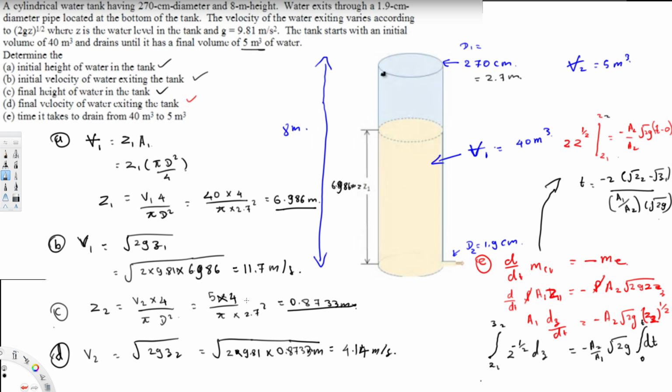So area 1, area 2. And then what else we need? 2g. So that is just acceleration due to gravity. If you plug all the values, you will get 15,587, and that's the time it takes to drain from 40 meter cube to 5 meter cube,